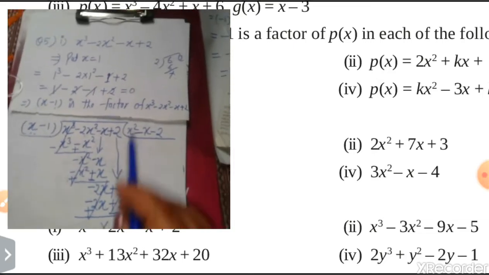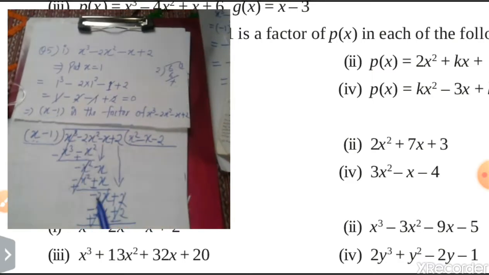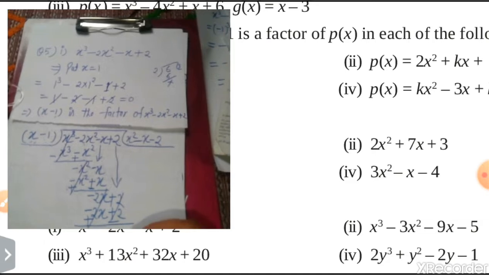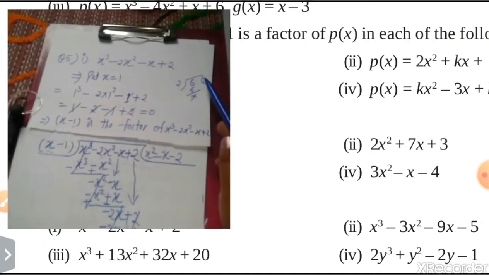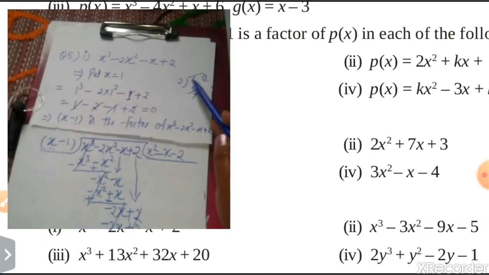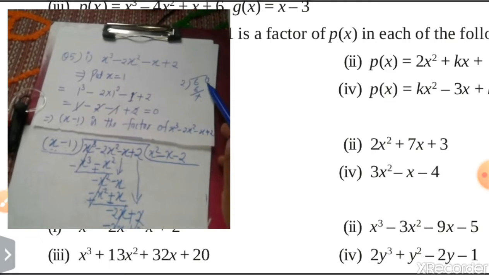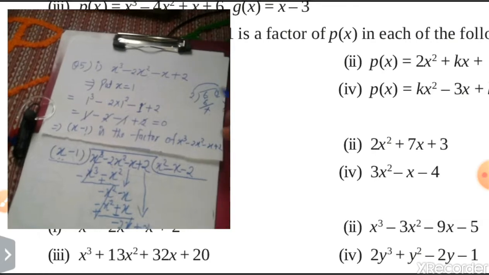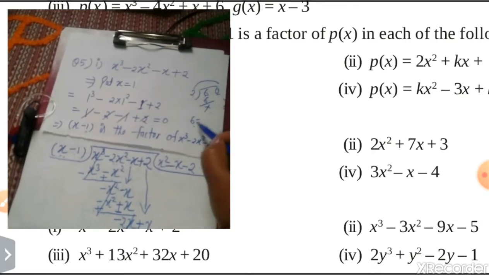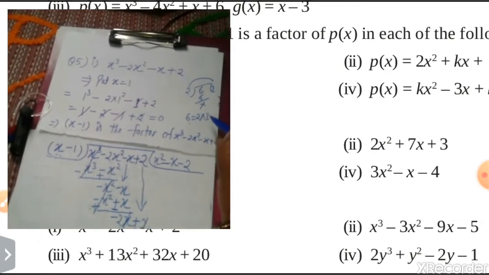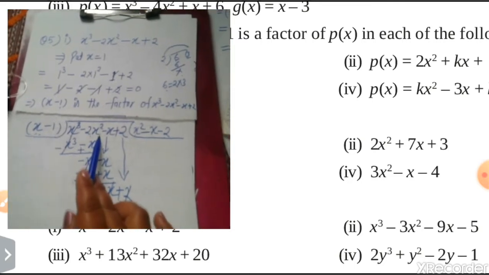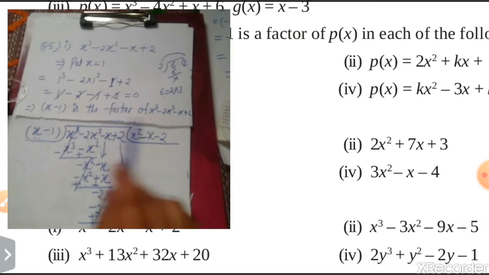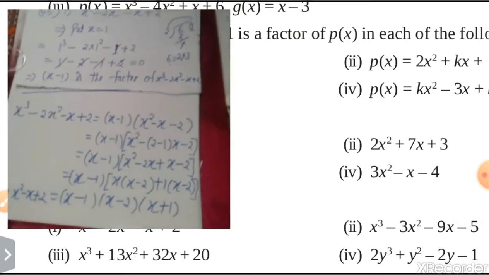Now this is the first part of that question, and this is the second part of this question. Now what is the third part? For that you have to see this. You can see that when 6 is divided by 2, it comes 3 here. That means if you require 6, you can multiply 2 and 3 together. That means if you require 6, you can write it as 2 into 3. Similarly, if you require this one, you have to multiply these two. This is equal to this into this. This I have done already. You can see that there.